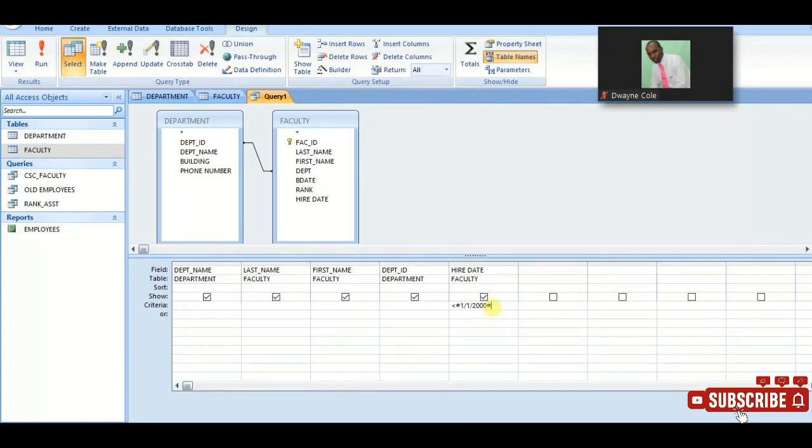And please do not be confused with these dollar signs that you're seeing here. No. When you're doing your criteria, you no need to put in dollar sign. If that's the case, go ahead and put in less than the first day of the first month in 2000. So if we say less than the first day of the first month in 2000, therefore it will not